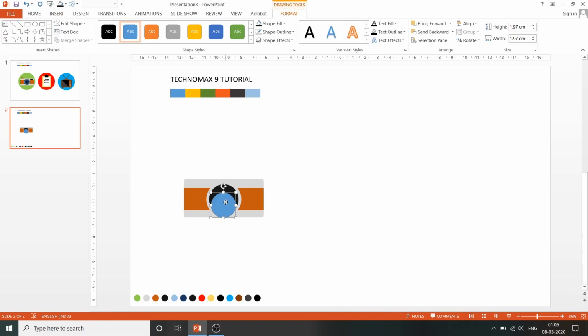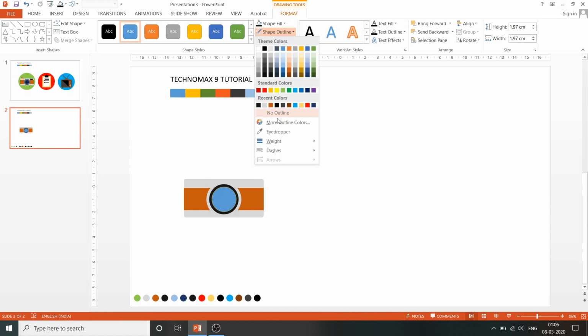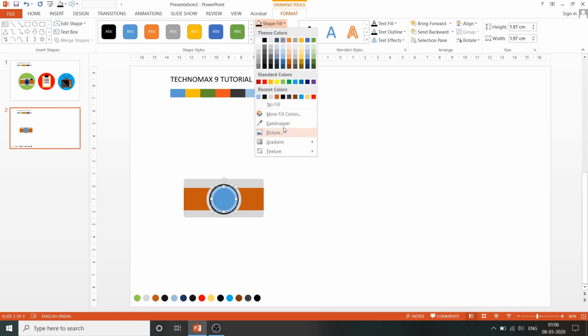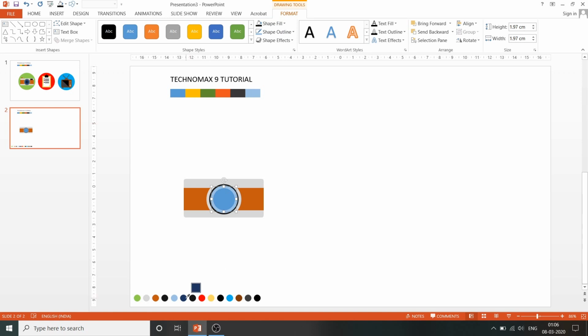Now I'm gonna go to insert again, go to shapes and choose oval once again. Draw an oval. Go to shape outline, weight 6 points. Go to shape outline, eyedropper to this. Go to shape fill, eyedropper to this,